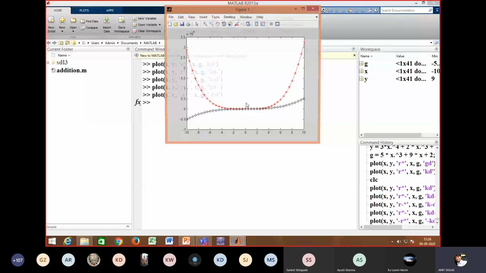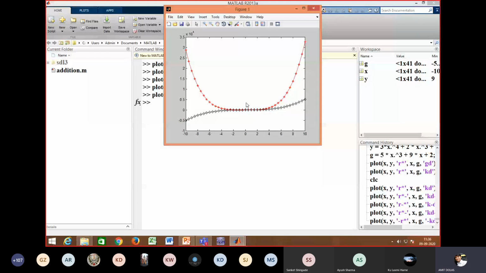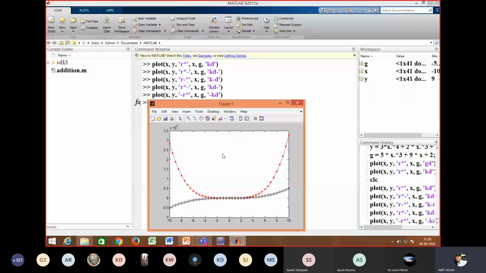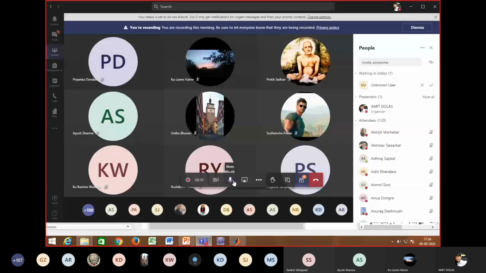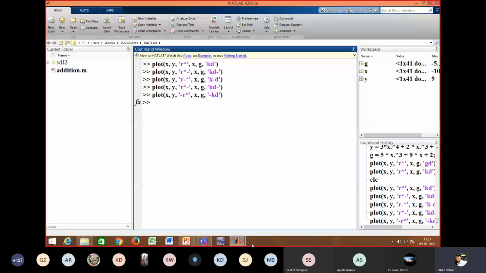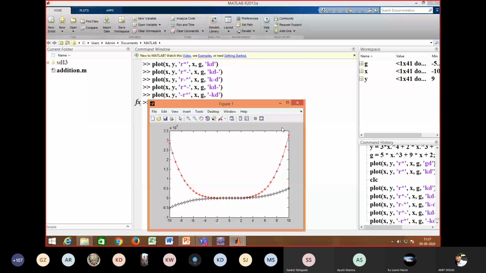In all three it works because the MATLAB statement says that you may have multiple notations, जो हमने 3 कॉलम में देखे थे: color, marker type and line type.